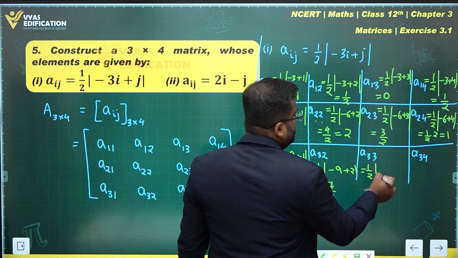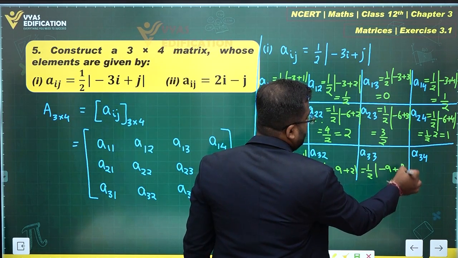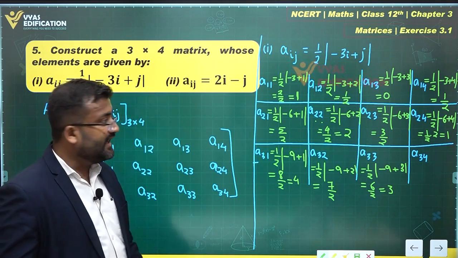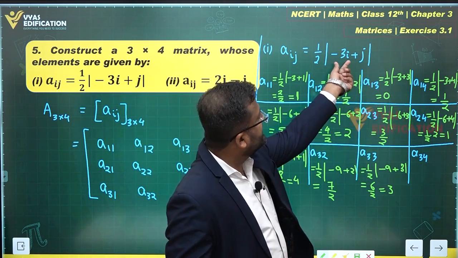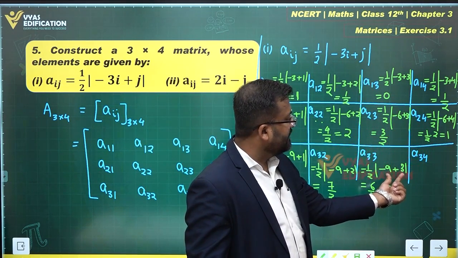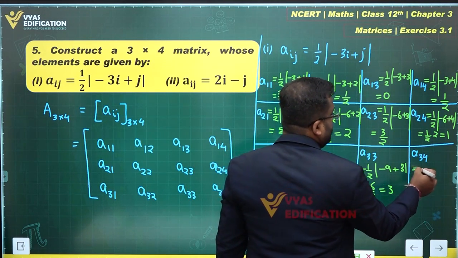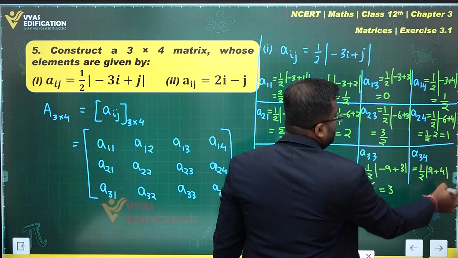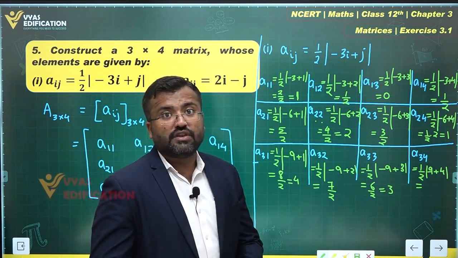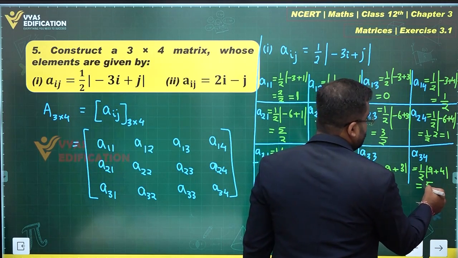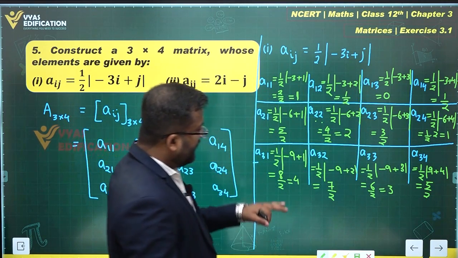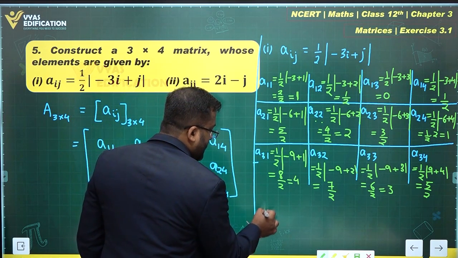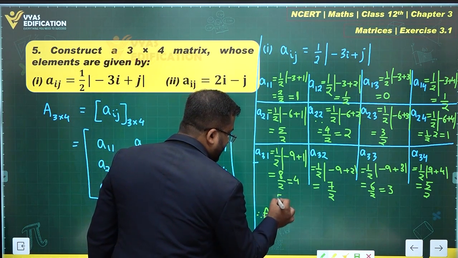1 by 2, this becomes minus 9 plus 3, which is simply 6 by 2, which is 3. How did you get that, right? This is A33, minus 3 times 3 plus 3, minus 9 plus 3. A34 would be half times modulus of minus 3 times 3, minus 9 plus 4. Minus 9 plus 4, the modulus is 5. This is 5 by 2. And since we know these values, therefore the matrix A, a 3 by 4 matrix, would be equal to